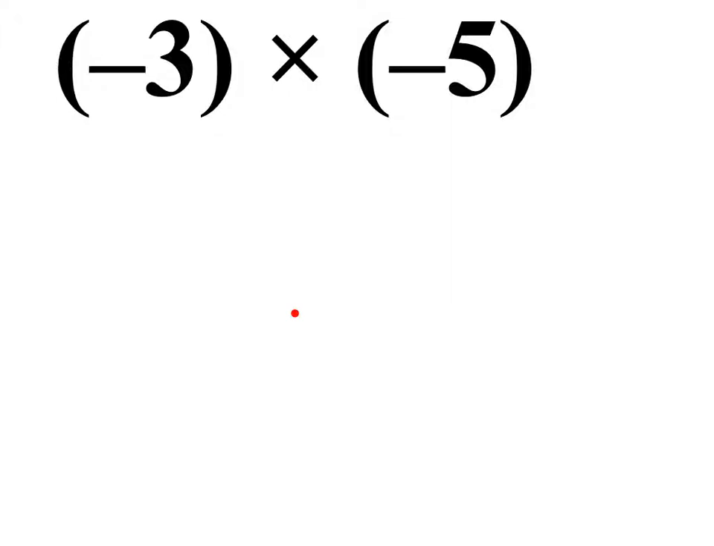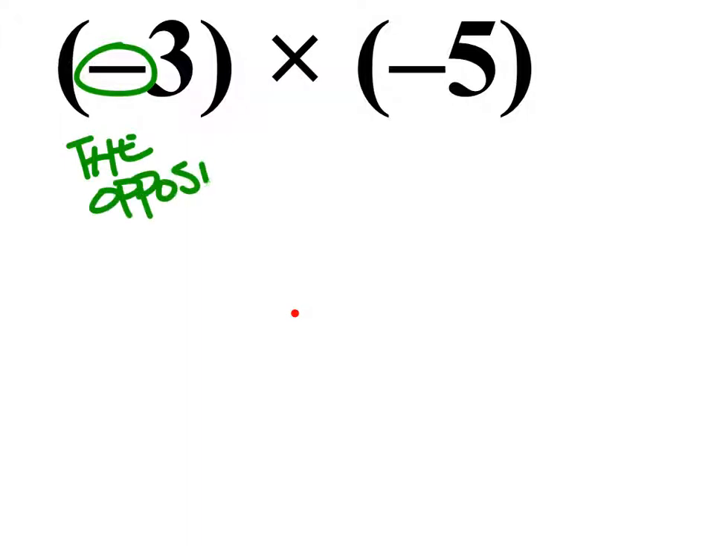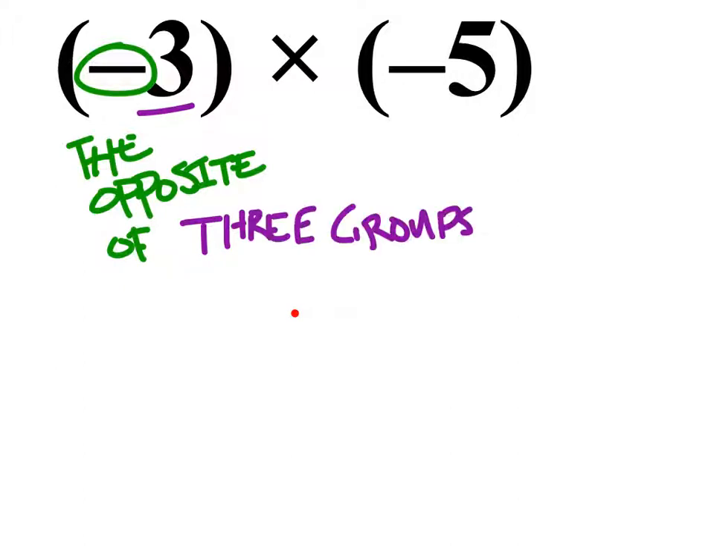All right, so this one, again, we've got this negative, and this is only for the first number there. If there's a negative there, we're always going to take the opposite of that first one. So we're going to take the opposite of, this is 3 groups, and this is now 3 groups of